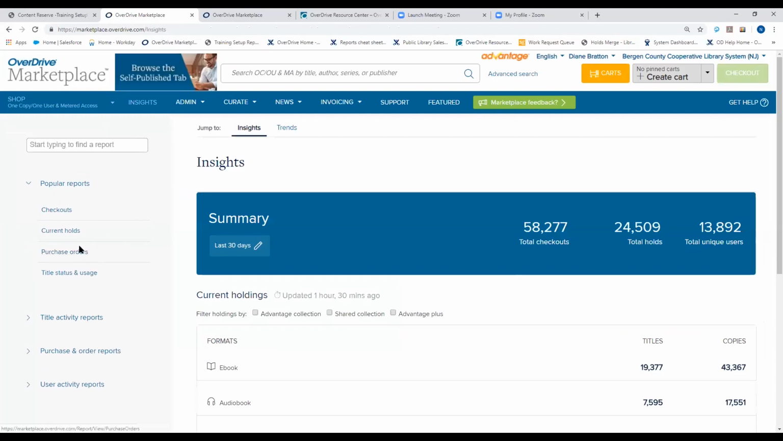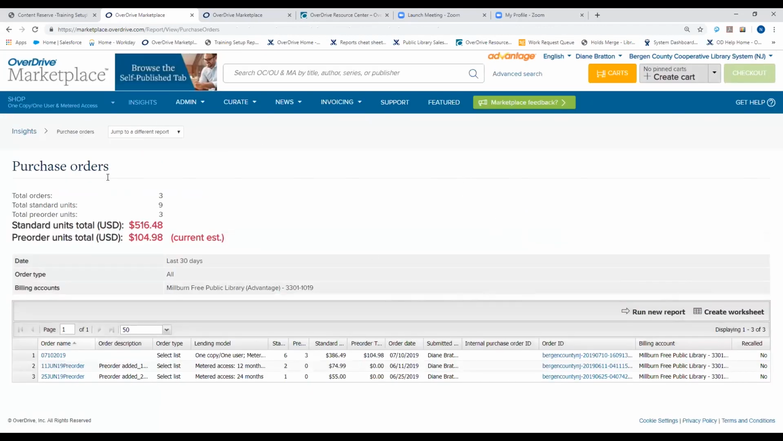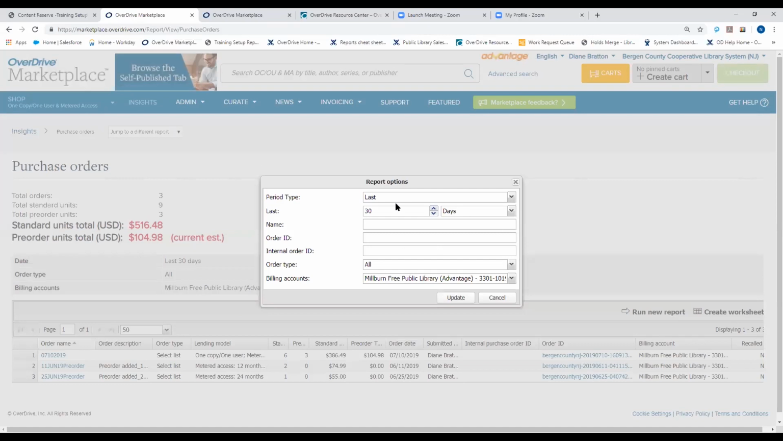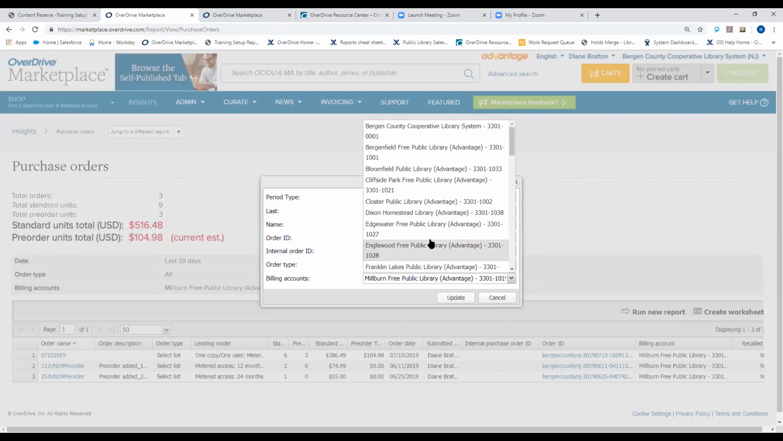So this is one of those popular reports, again, that people tend to use quite frequently. So it's going to be in that purchase popular report section on the left-hand side. So if I run this report and I'm looking at the last 30 days only, I can again change the time period to specific date ranges. I can change it to a previous amount of months, years, just like the rest of the reports really in the Insights tab. And then the main thing that you're going to likely want to change here is going to